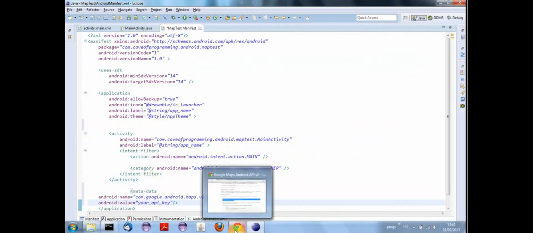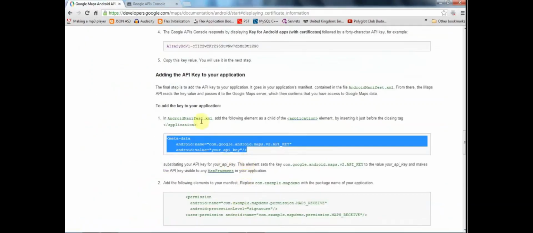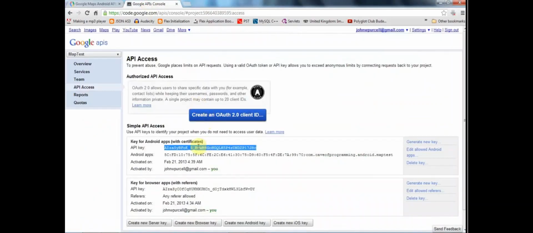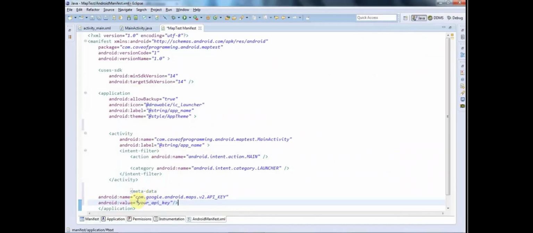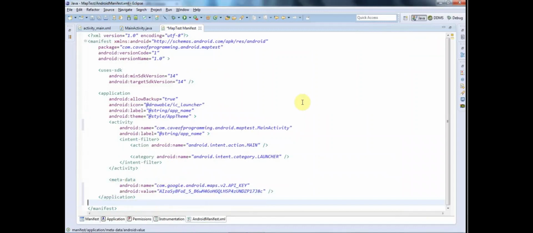Then I go back to my browser and go back to the API console and copy this API key that we've created, and I paste that in here where it says your API key. Make sure you get the whole thing, and I'll just do Control-Shift-F to format that and save it. So now we've got a registered debug key in the application, and we're close to getting a map application working,